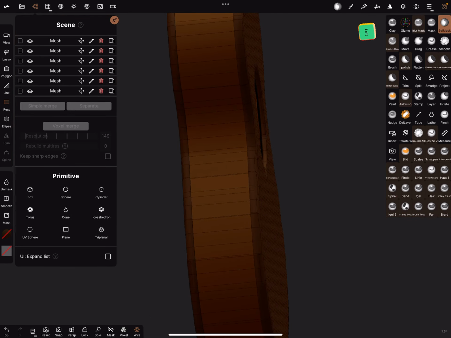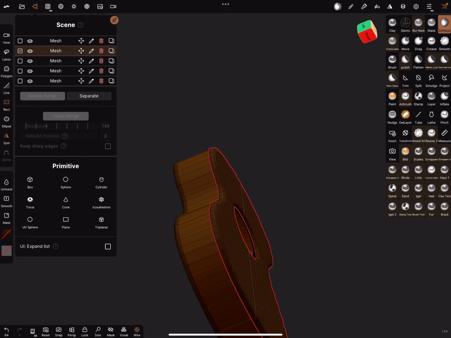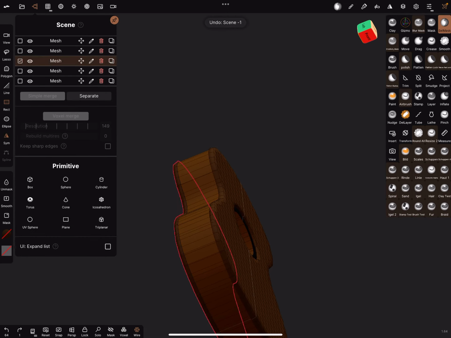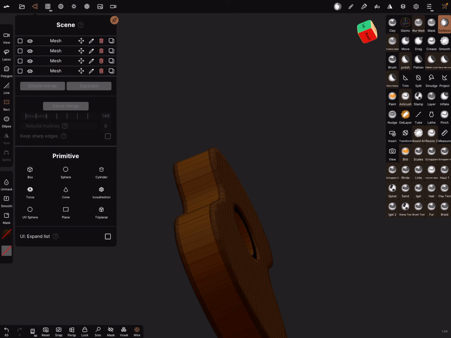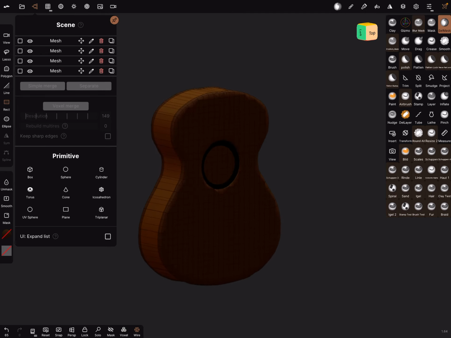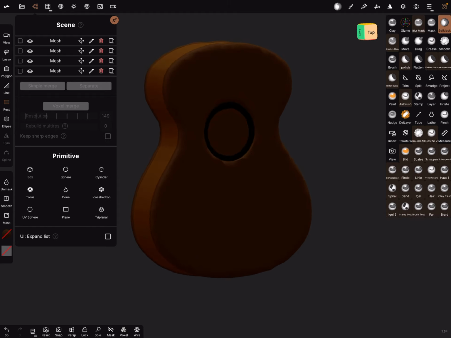I think we can delete this one. And this one we can delete. And this one. No. Okay. Let's see how it looks without a wire. Yes.